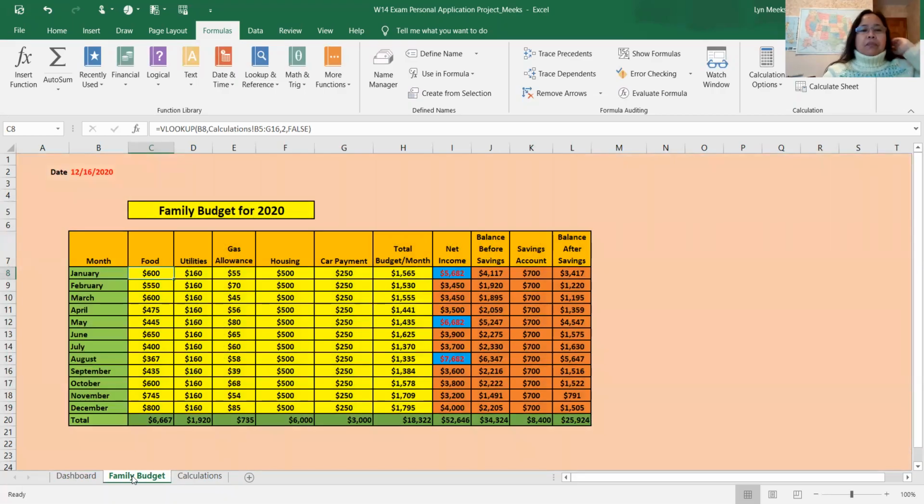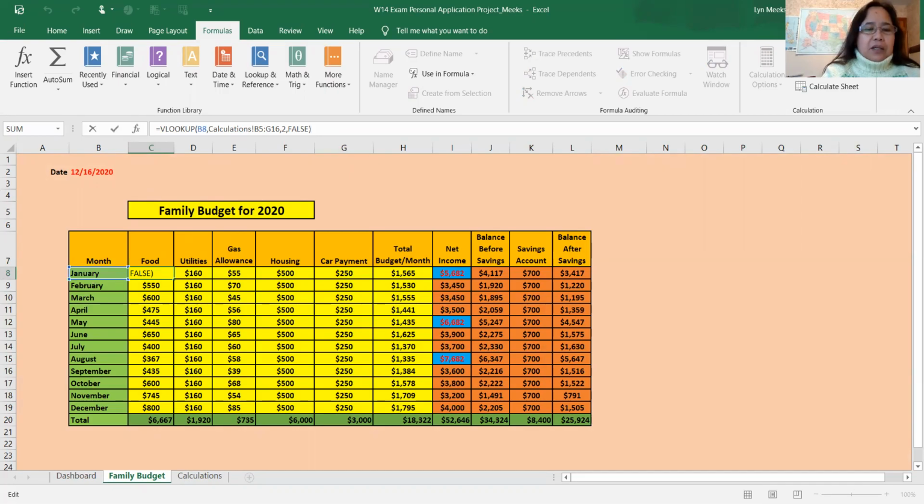Now, I use the VLOOKUP function. So what I did is the VLOOKUP function is equals VLOOKUP, and then I choose the month.